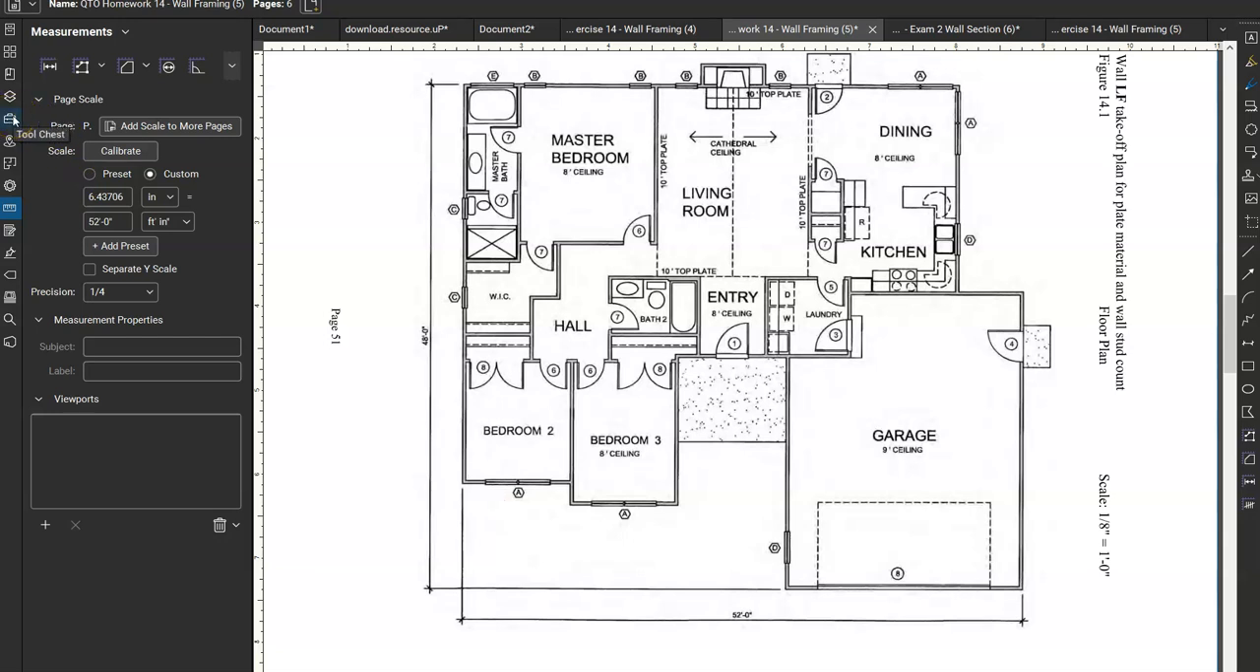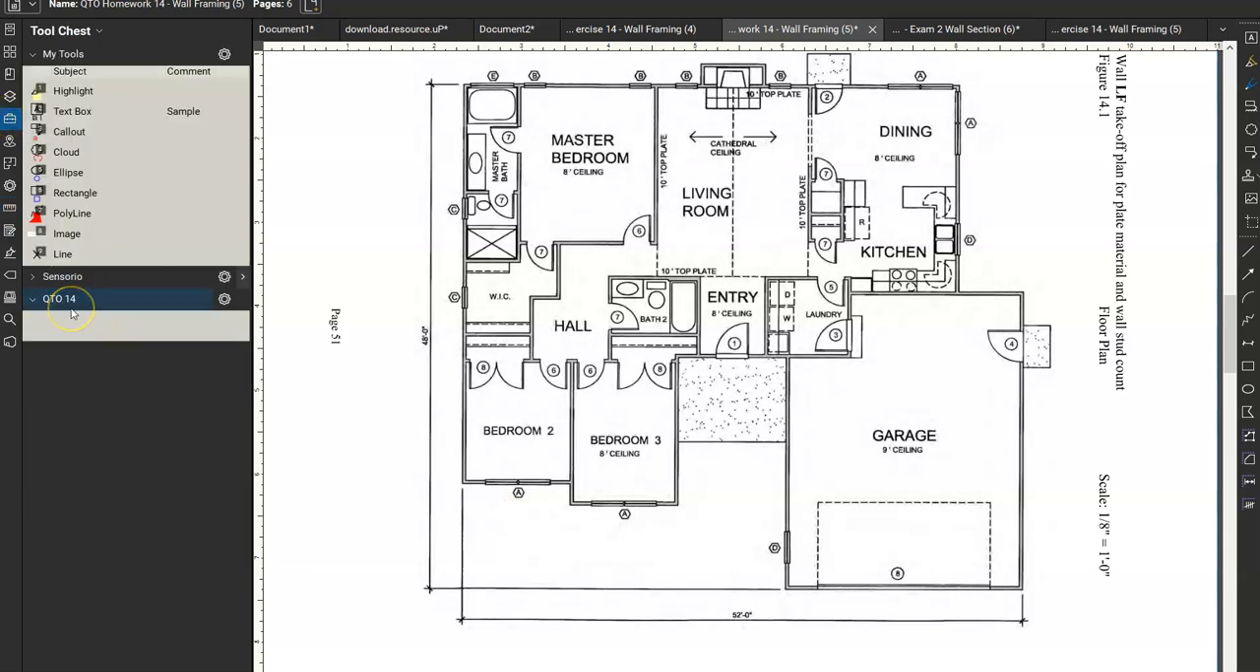Okay, our tool chest is created now. So with the tool chest being created, now we're going to go ahead and add some tools. So the first one we're going to do is our,